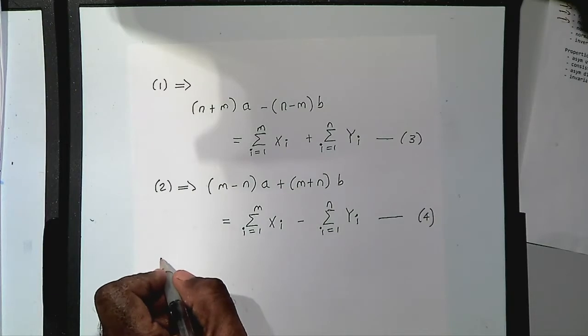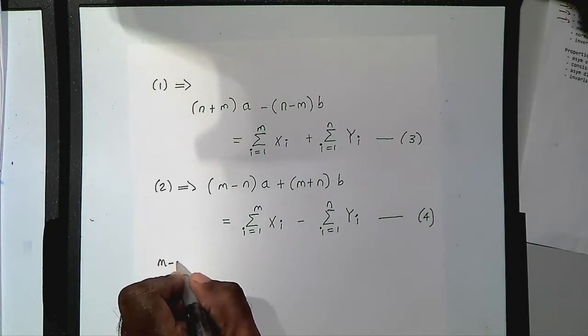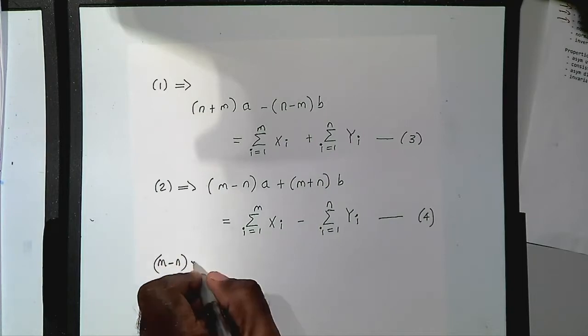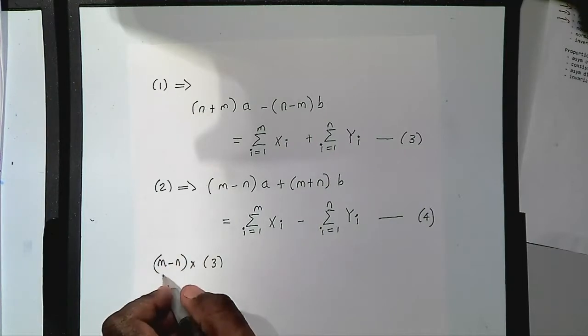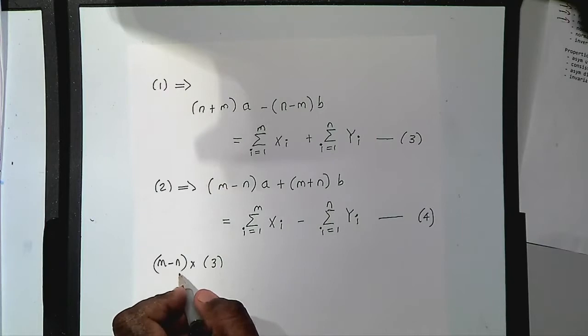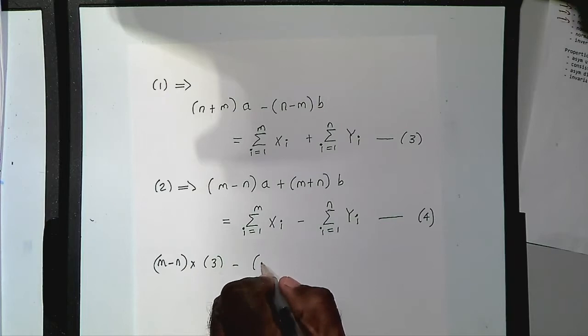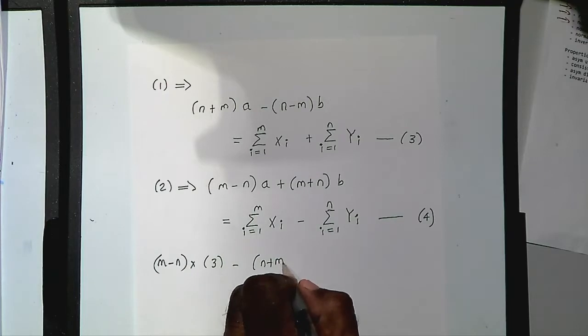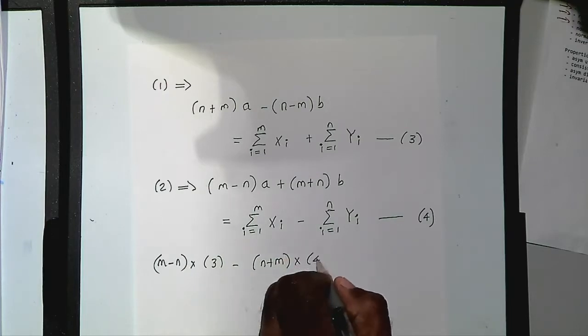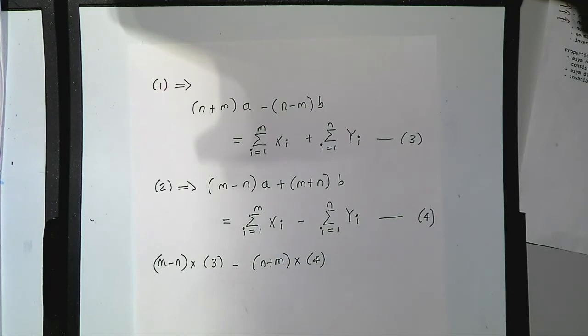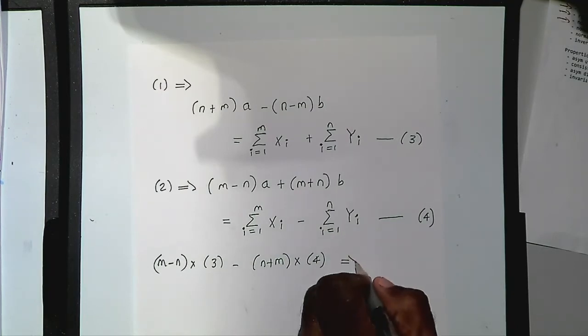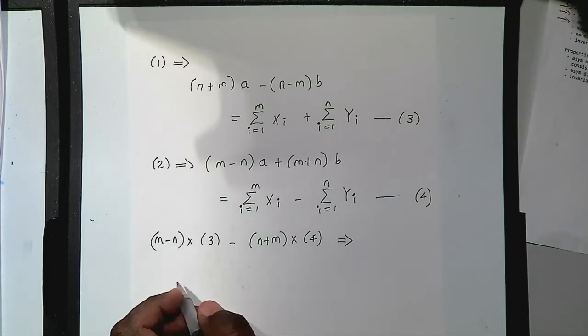If you multiply equation 3 by this, right? You should multiply equation 3 by this, and you should multiply equation 4 by this, right? And you subtract one from the other, you will get the following. You get